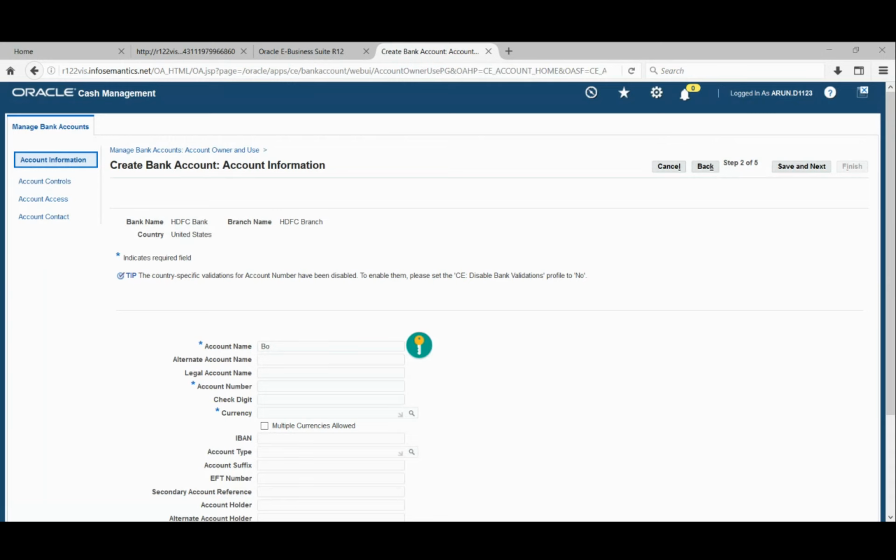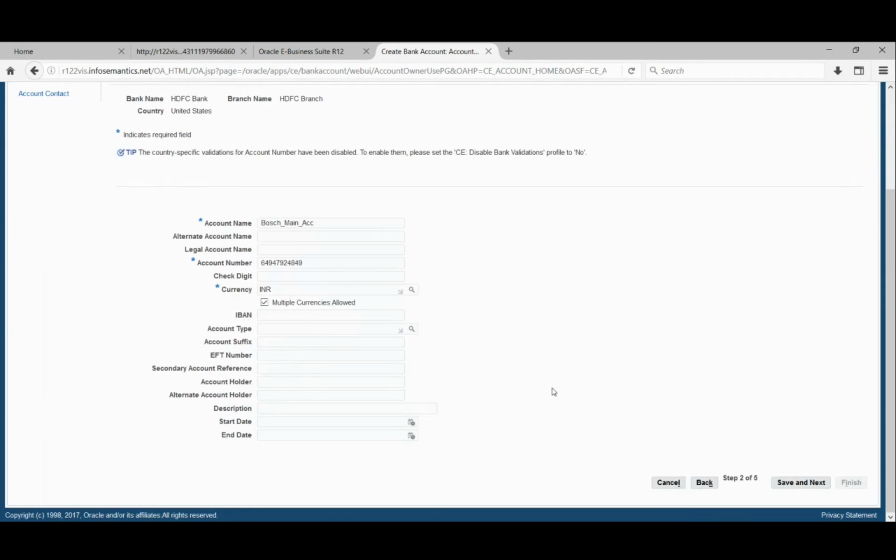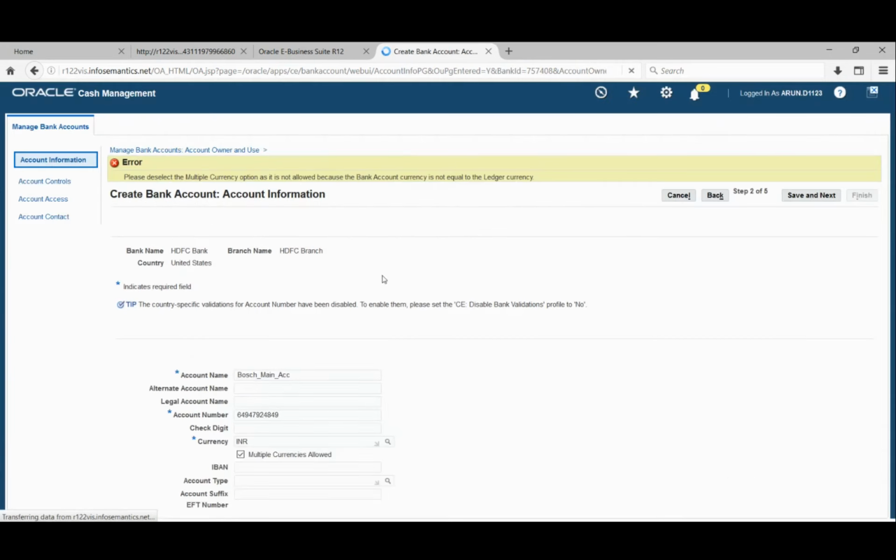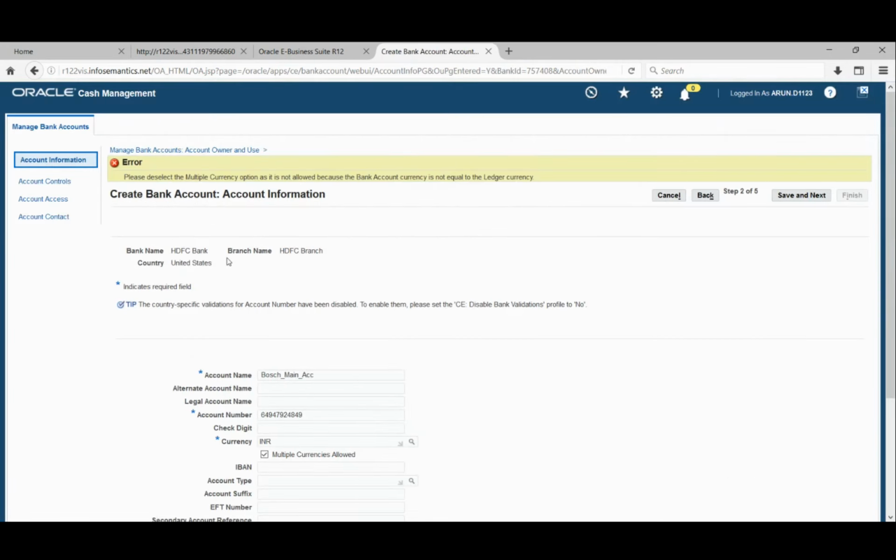So I'll just attach it there. Okay, it's not in ledger currency.